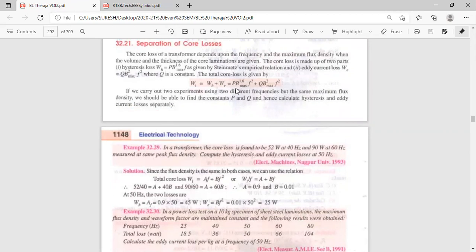They have given wrong formula here. Wi is equal to W. Write down up to here only. Don't write this. Wi is the total iron loss, is equal to WH plus WE. Wi means iron loss. WH is hysteresis loss. WE is eddy current loss. Okay. Now here I am taking